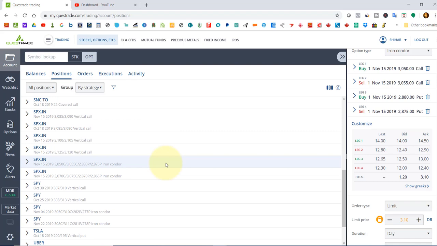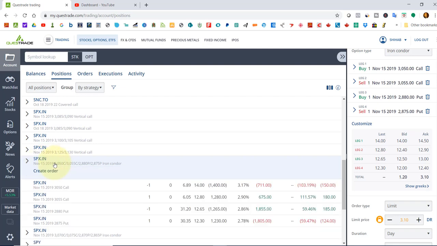So, how to manage an iron condor that goes against you, how to roll your strikes to the following month, how to adjust your strikes with Questrade. So let's say this is the iron condor that you initially opened up on the SPX here, just for example